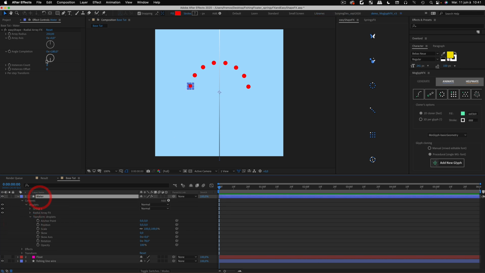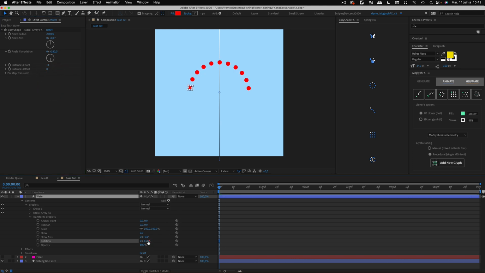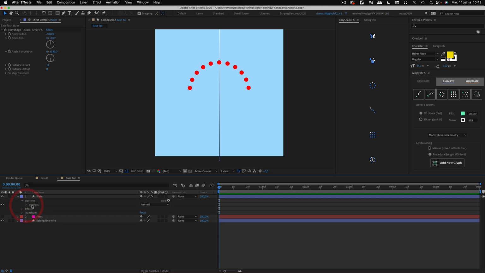And this is a moment where you can tweak the number of instance count, and as you can see, you'll probably have to change the rotation again based on what you want. So maybe I will add, let's say 11 instance counts. So let's align this, yeah, something like that. Okay, perfect. So let's twirl up this group for now and go inside your water layer, go to add, click on this little guy here,